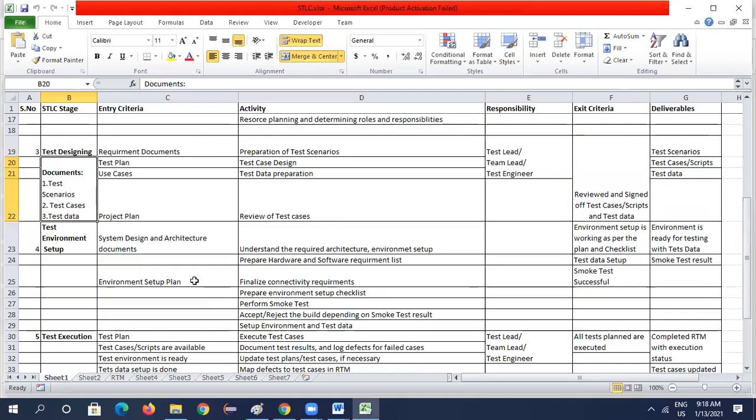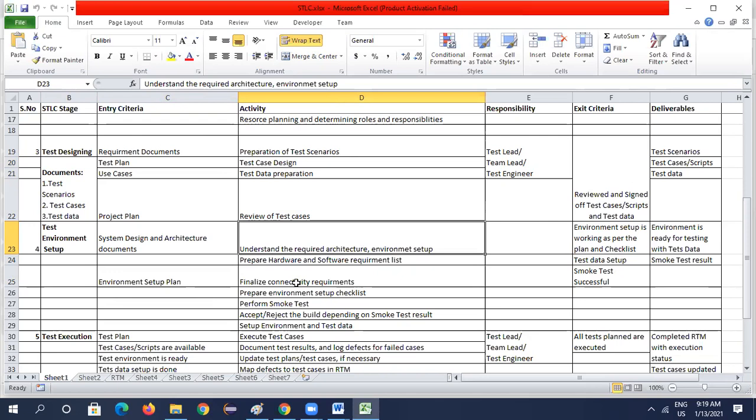So for that, the fourth step is test environment setup. In environment setup, we have design and architectural documents. An environment setup plan would be there. So in this environment, these are the entry criteria. We understand the requirements of the application. Requirements here means not the business requirements, but requirements of testing the application.